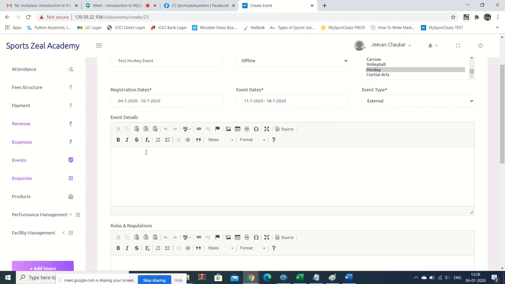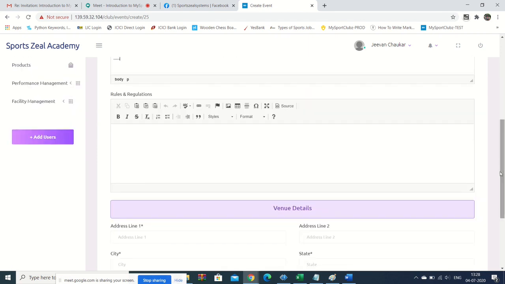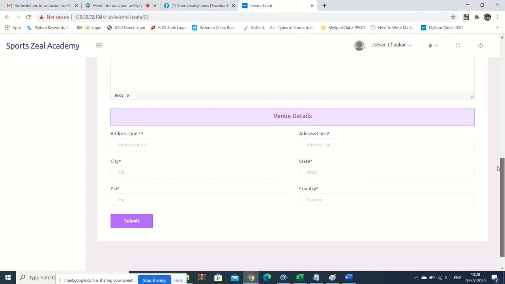And then you can mention details like Mombasa Hockey League, and write whatever you want here. And the rules and regulations, what you are allowed and not allowed to do, how the matches will happen, that the referee's decision will be final, whatever you want to mention, you can mention here.